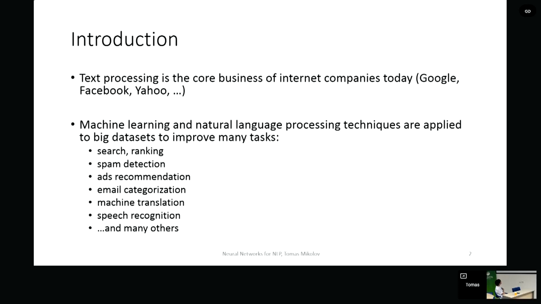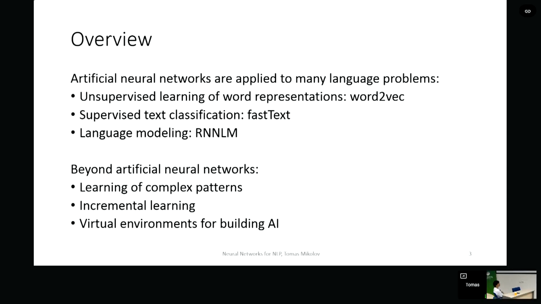So to start, I don't have to convince people that text processing is very important for many big companies nowadays, like Google, Facebook, and all these search engines. And messaging platforms are dealing with tons of text data, for example, user queries or user messages, and you have to do something with them to make the users happy. For example, you want to give them the most relevant search results, or you want to filter out the spam. There are tons of these tasks that we would want to do very well on. And we can use neural networks for many of these tasks.